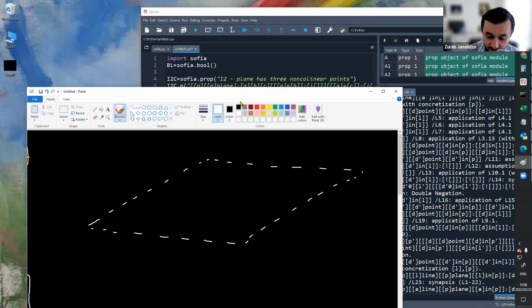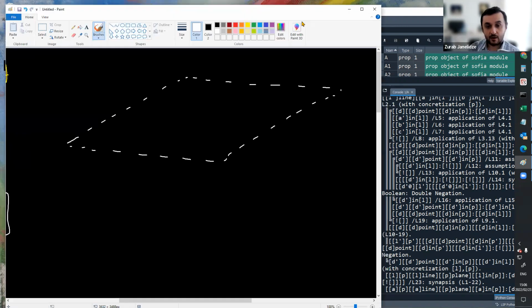So the axiom says, I'm reading this one, a plane has three non-collinear points. The axiom says that whatever plane you've got, you can always find on that plane 3 points that do not lie on the same straight line. As soon as you have 2 different points, we know we can have a line between them, right? And then we just have to take a point that's outside that line to achieve this goal. So it seems to be a very natural requirement to have that on a plane, we can find 3 points not lying on the same straight line.